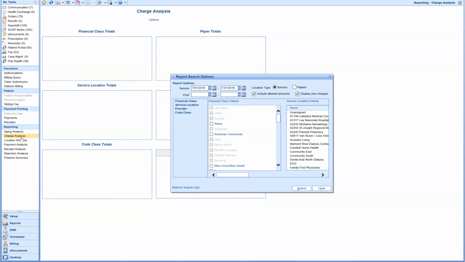When we open this, we'll first be prompted to set some search parameters. We use the charge analysis to run a charge analysis based off of CPT code or charges, and then we can break it out by service location, payer, financial class, etc. The default when we open this report is going to be for the current month. We can choose to run this based off of service date, or we can run it based off of post